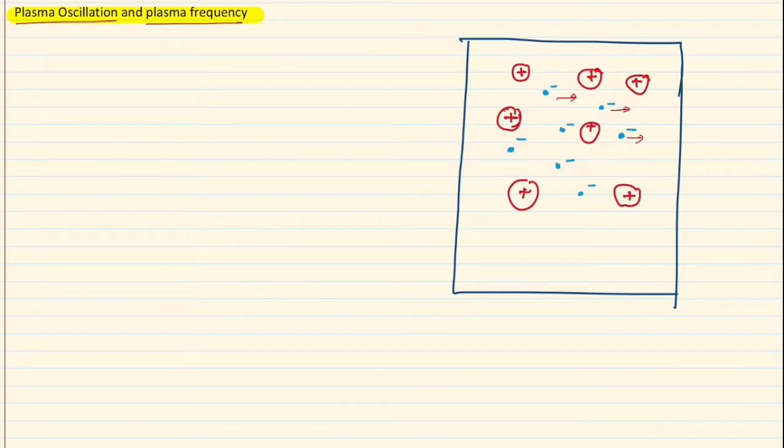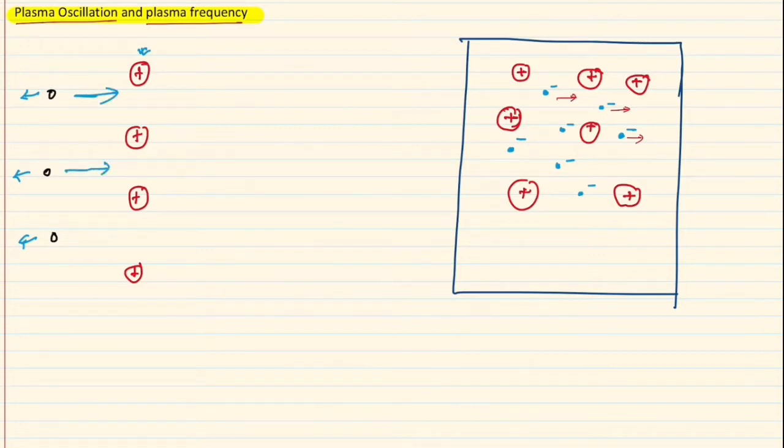Let me show you how. We know that in a plasma, these positive and negative charged particles are free to move. Suppose black dots are negative electrons, and in red color they are positive ions. Okay. When they are displaced from their position in this direction, then what will happen? An electric field will be generated, and these positive ions will pull these electrons to their own position,